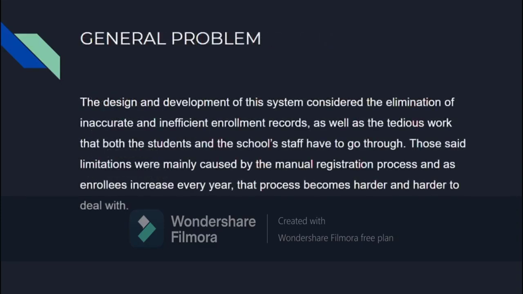Alright, so the general problem. The design and development of this system considered the elimination of inaccurate and inefficient enrollment records.